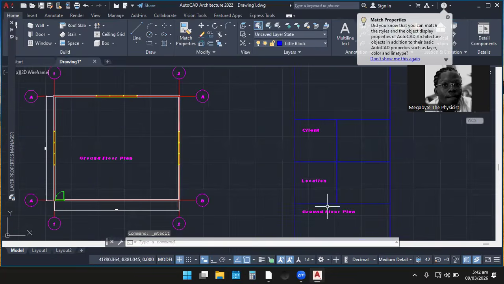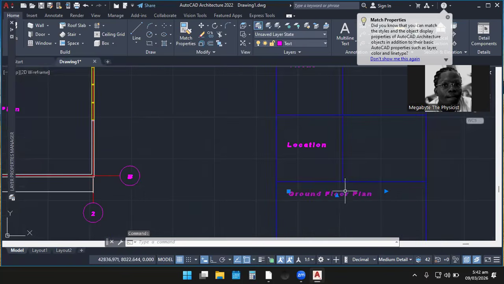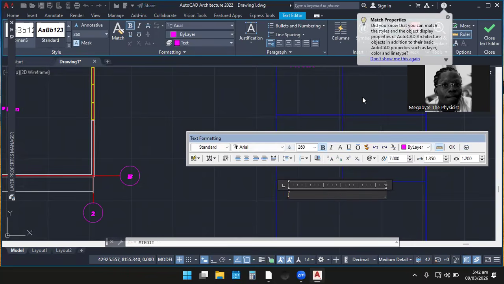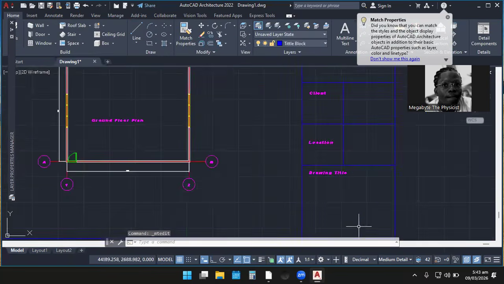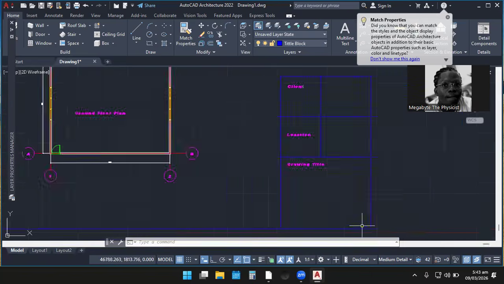So you see the location. What else can we put? The drawing title. You see the drawing title. So you can now choose to add the date, the time, and all that.